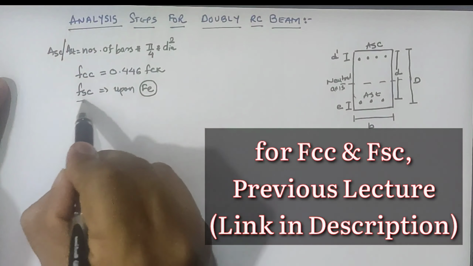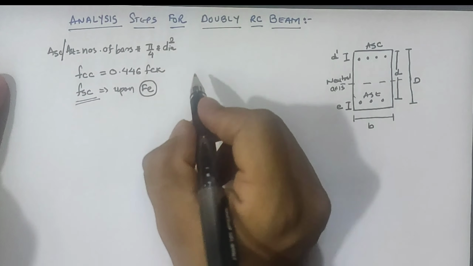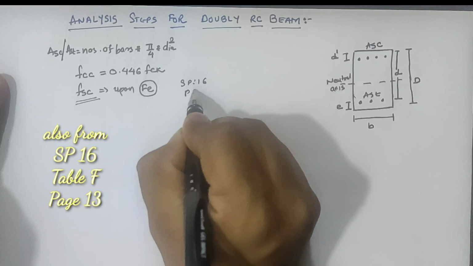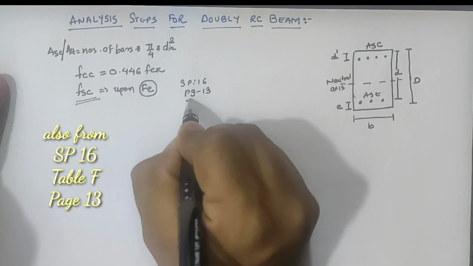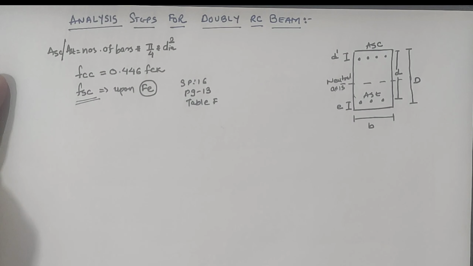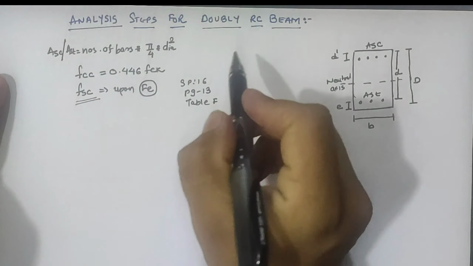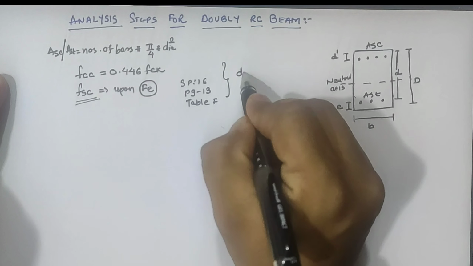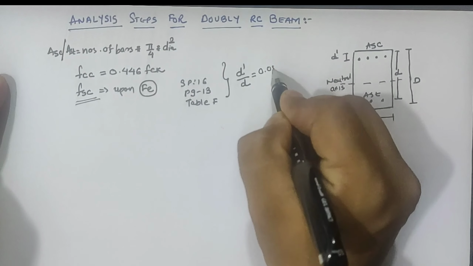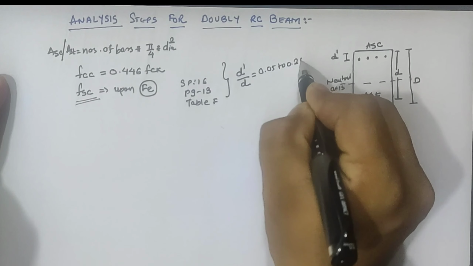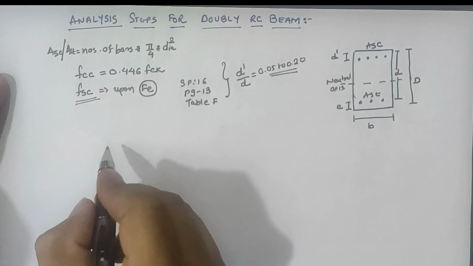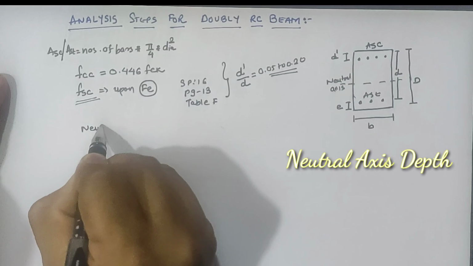So fsc can be calculated from the tabular form given in SP16, page number 13, table F. We can calculate the fsc value, which depends on the value of d dash by D, ranging between 0.05 to 0.20. After calculating the fsc and fcc values, we require the neutral